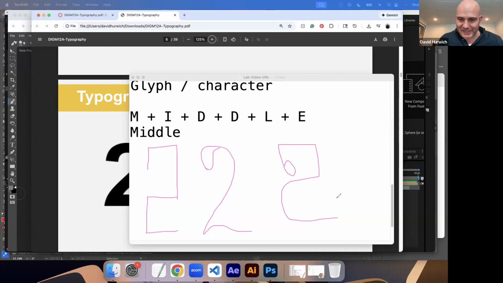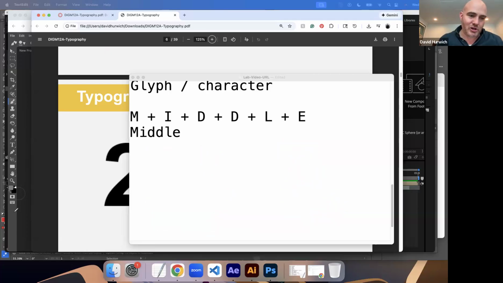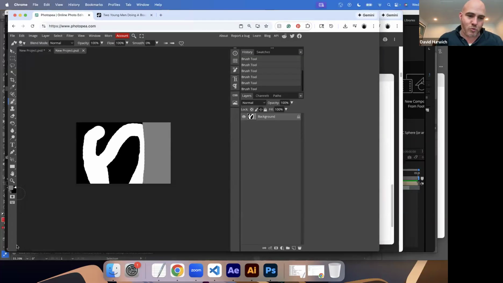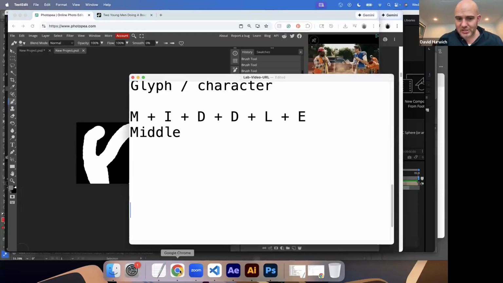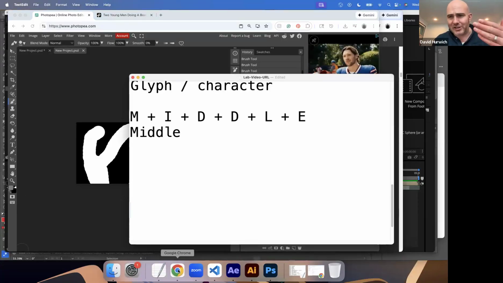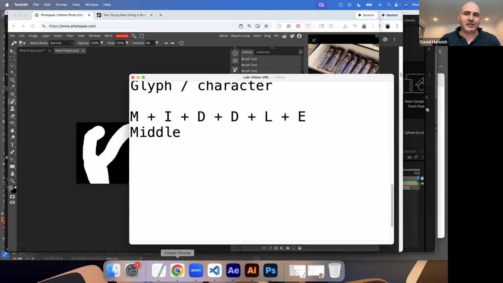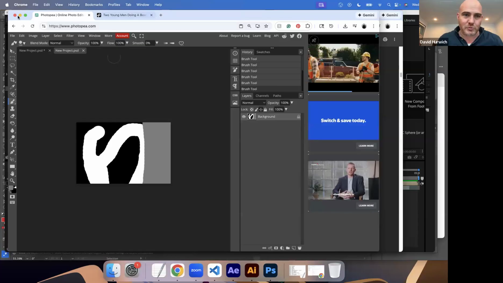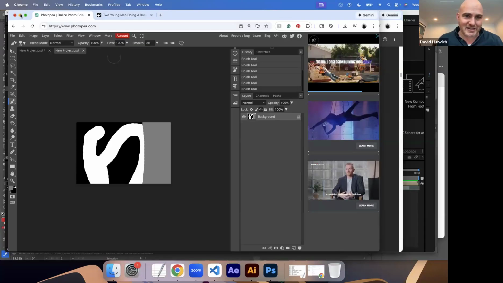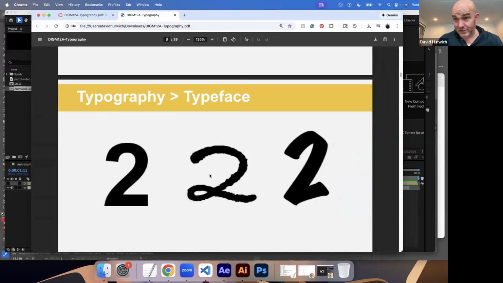Maybe it's super stylized and I have a bunch of curlicues and all that good stuff. That concept of the way that a character is drawn, meaning its visual style, like thickness of line, complexity, all that good stuff,